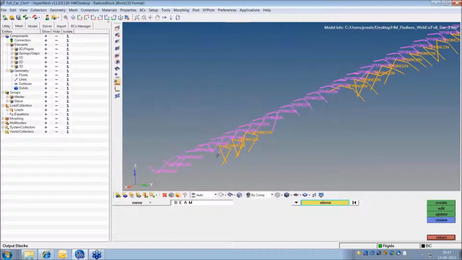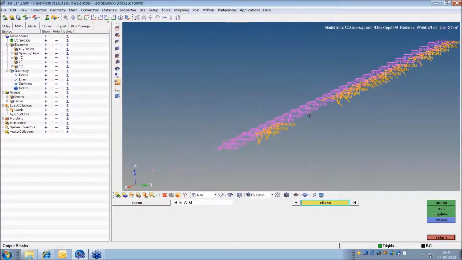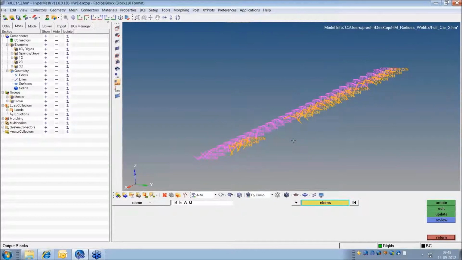If you remember, these are the springs that got created when we created the spot weld. And you may be interested in knowing the spot weld forces. Now these spot welds are high-stiffness spot welds. As you have seen, they got created with some default property which I was not happy with, so I created a property of very high stiffness and changed the property of the spot welds. So as of now, these are spot welds with very high stiffness. Now I want to monitor the forces coming on these spot welds so that I can conclude whether they will rupture or not.